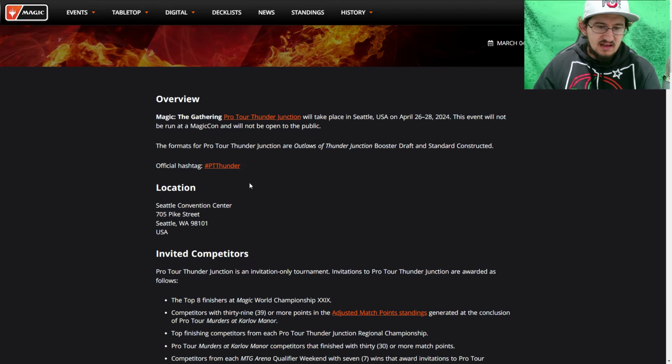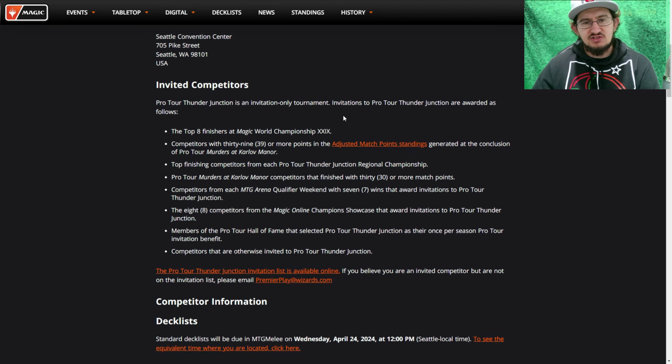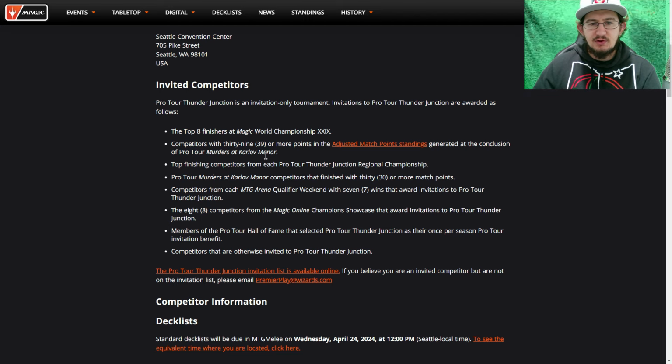So, Seattle Convention Center, the invited competitors. The Pro Tours are invitation-only tournaments, so they're awarded to the following players: the top 8 finishers at the Magic World Championship last year, competitors with 39 or more points in adjusted match points generated at the conclusion of the previous Pro Tour, Murders at Karlov Manor, top finishing competitors in each Pro Tour Thunder Junction Regional Championship, Pro Tour Murders at Karlov Manor competitors who finished with 30 or more match points, competitors in each MTG Arena qualifier weekend with 7 wins that award invitations to Pro Tour Thunder Junction,